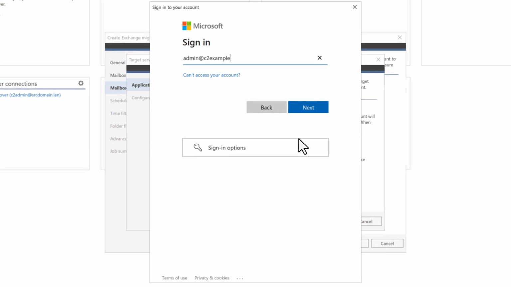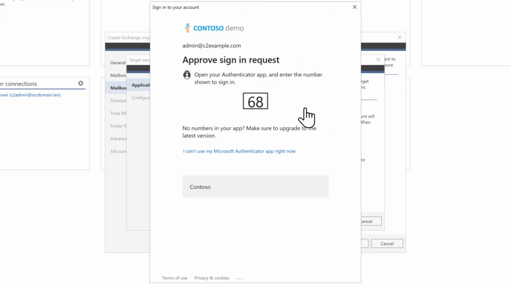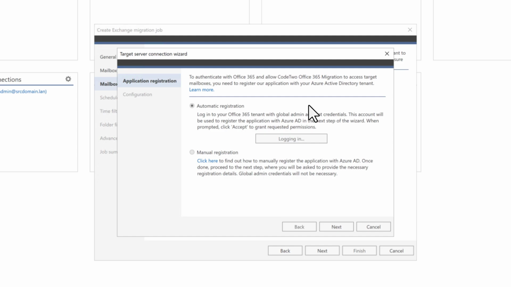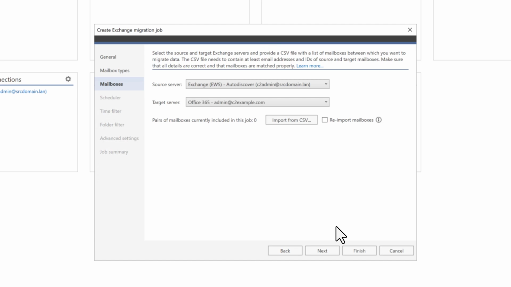Click this button, sign in with your tenant's global admin account, and accept the permissions. Our program uses OAuth 2.0 for authorization, so it never reads or stores your credentials. You'll be automatically taken to the next step. Click Configure to connect to your Microsoft 365 tenant, and then click Finish to return to the migration job settings